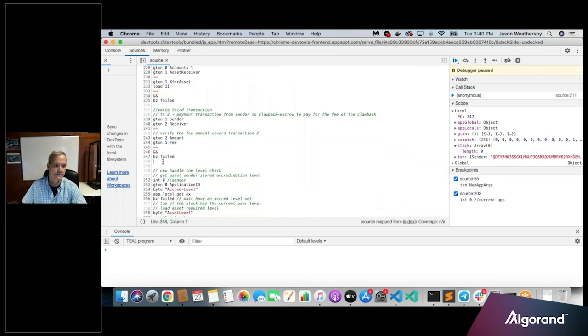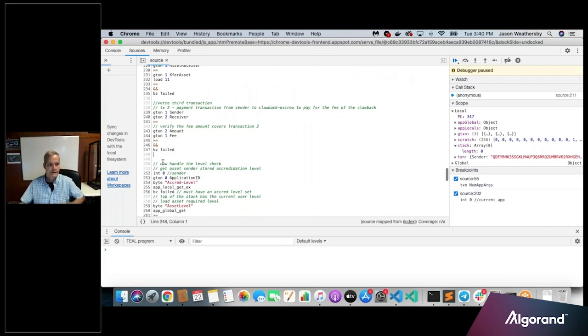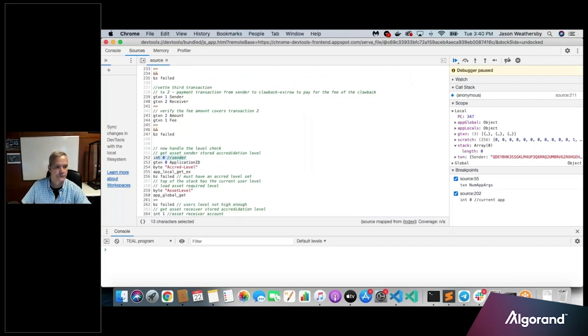All right, now we get to the actual level check. So all I'm doing here is, when this is the sender of the transaction, notice I got int 0. That says, okay, it's technically in the accounts array, but it's the first element in the accounts array, and that always defaults to the sender. So you'll see, I want to look up the application ID. This is the application ID I currently have, and then I'm looking for the cred level variable